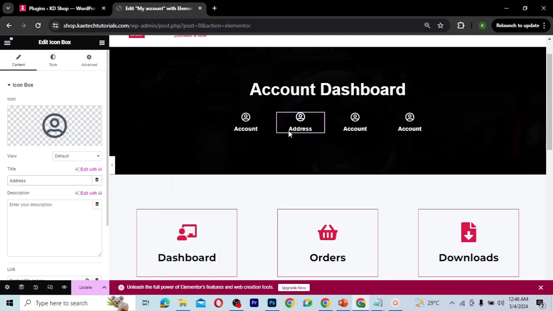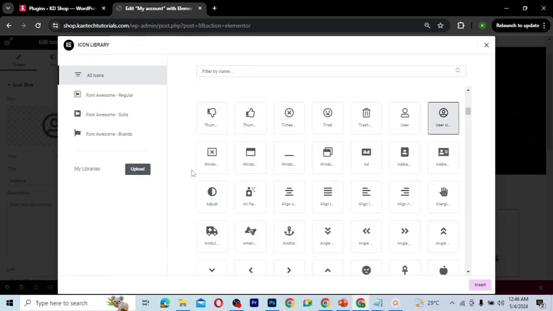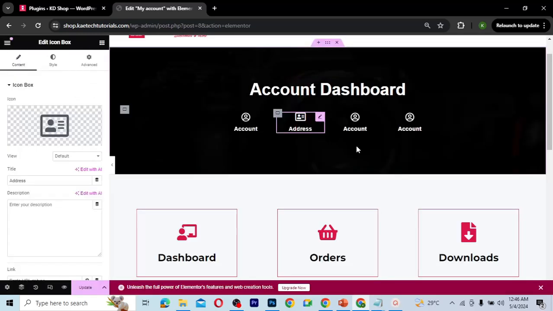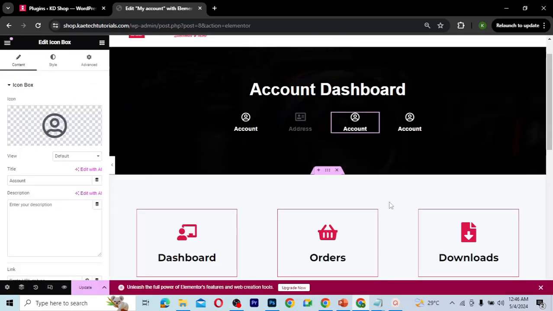Okay, and then with the address, I'm gonna go to the icons over here, and then just use address like this. Okay, so this is what I want. So I'm going to use this particular thing over here, like you're editing an address or something. And then with this one is going to be